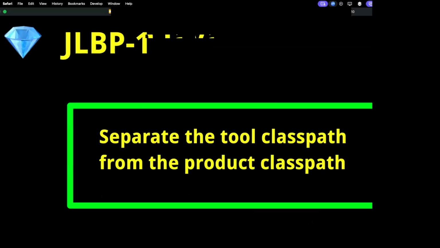And then you also want to separate your tool class path from your product class path. And this is good advice. I'll tell you how this applies at my job. One of the tools that we're using at work is Open Rewrite. And so we're using some Open Rewrite jars. Now, those Open Rewrite jars are really just tools that we use to do refactoring. They're not really part of our product, we don't need to deploy Open Rewrite jars onto a production EC2 instance to serve